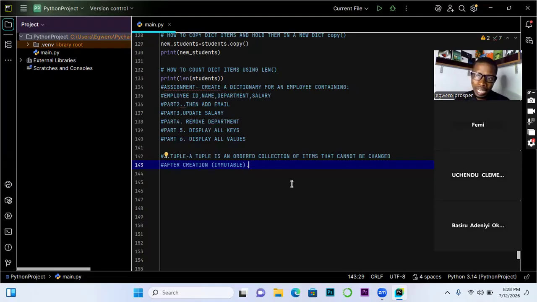So when next you hear that within an app, you already know the type of data structure that was used to develop that database or application. And there are reasons for this. Particularly when we get to the advanced aspect of Python, you will see that when developing your app, there are certain sections where you will choose to use tuple instead of a dictionary.